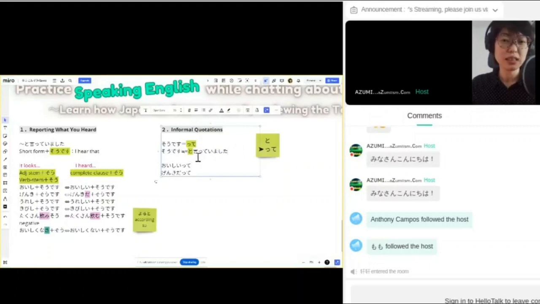So when you hear this usage of と or て, you can assume て言っていた or と聞いた. That's what I usually assume. 美味しいって, I heard it's delicious. I heard 元気だ. I heard 面白い. そうです, 面白いそうです. So same, right? 美味しいって.